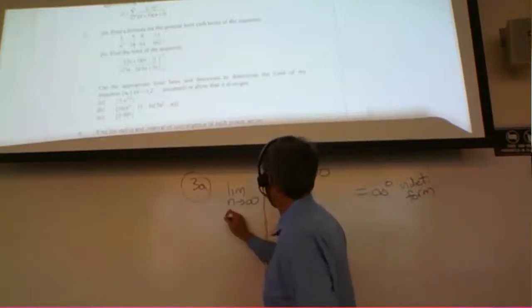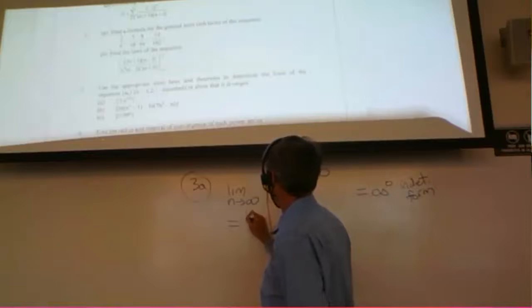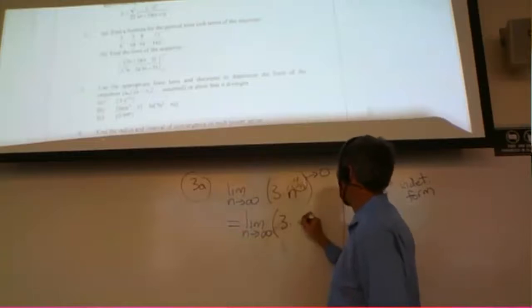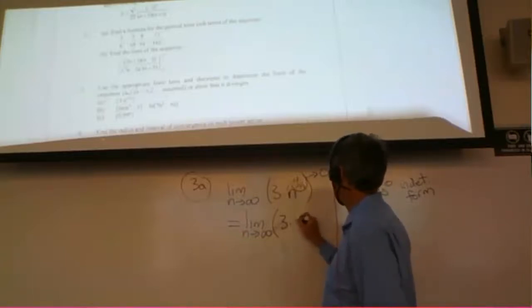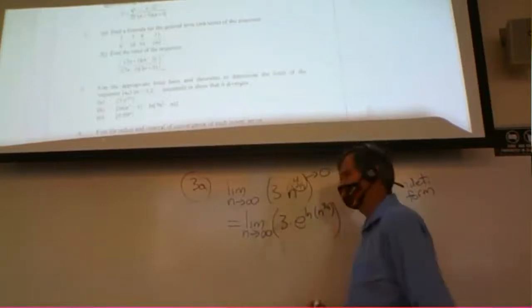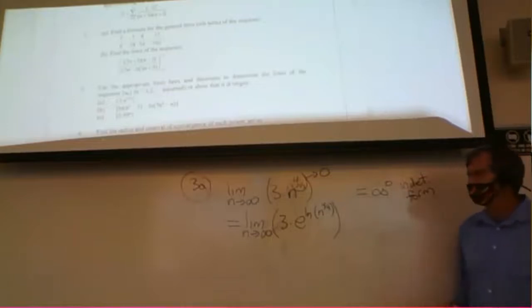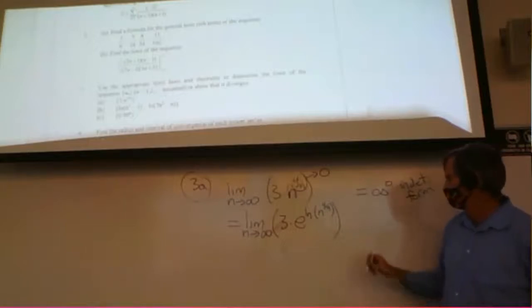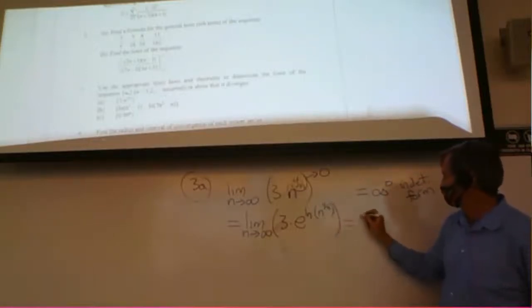What you want to do usually is L'Hopital's rule. I'm going to try and write this as follows. I'm going to take n to the 4 over n. When you see it's a power like this, I'm going to use this trick. I'm going to write e to the natural log of n to the 4 over n. This is my trick. Some books use logarithmic differentiation for this, but I like this way, which amounts to the same thing. So I'll write e to the ln of anything, or inverse functions so they undo each other. This is still n to the 4 over n, right? That's just algebra. But now the exponent comes down, so this is the limit